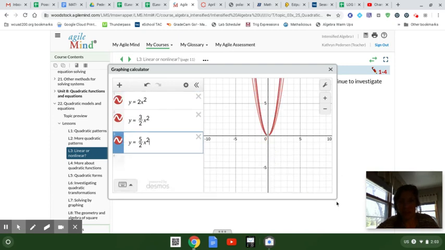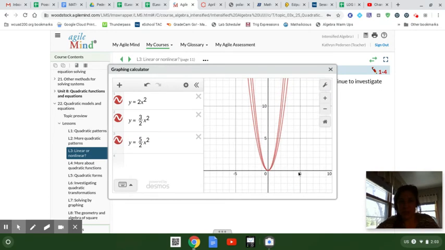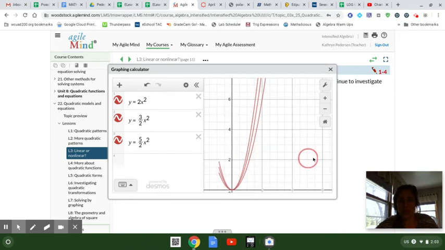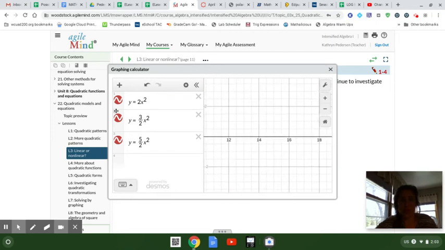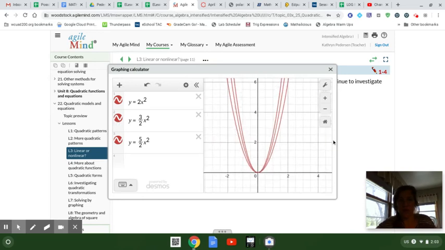Okay, there's a lot going on here. I can actually drag this graph down so I can see a little bit more if I want to. I can zoom in if that helps a little bit. Okay. Whoa, I zoomed too far. Here we go. Click, set that down. Okay. I'm going to turn all my other graphs off. 2x squared,